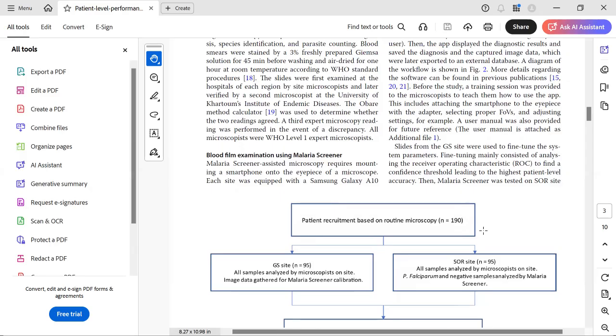The first one was to check the efficiency of the machine, the calibration, to calibrate it. That's what they did in the first site, according to what they write here. First they did calibration with slides from the GS site, and now they did the test in the SOR site. Then if you go down on the flow chart,